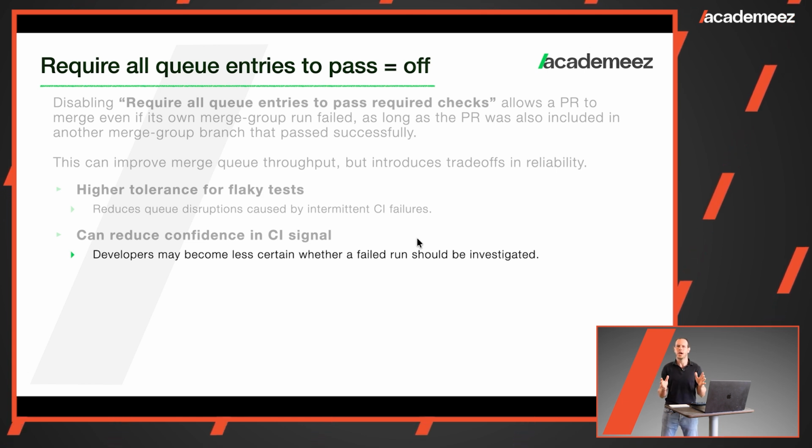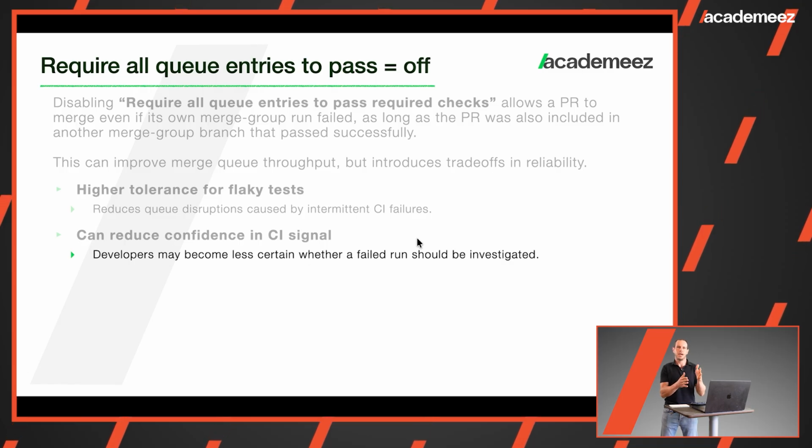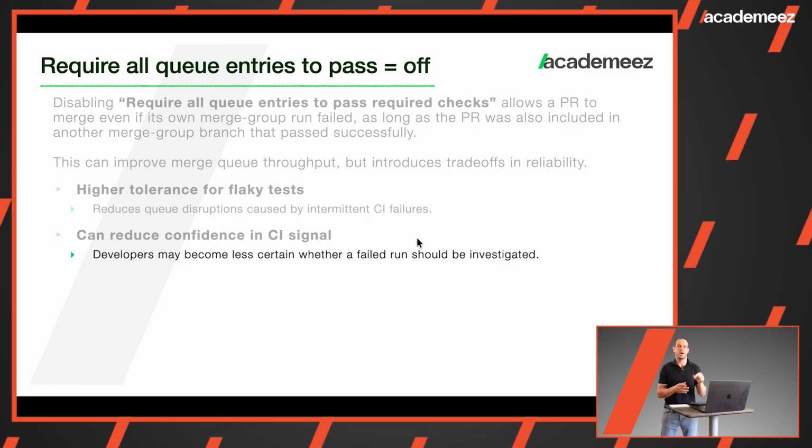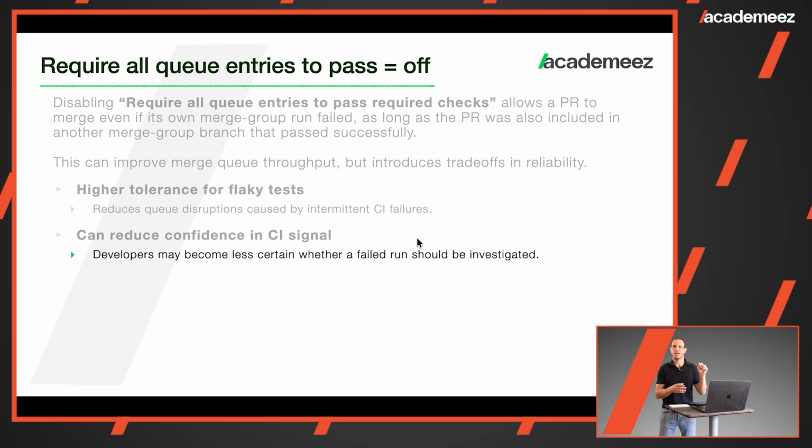And I've seen it all the time. So developers will not dig. If they have a certain percentage of flaky tests, they will not dig into the test. They're going to automatically assume that it failed because the test is flaky. And they might run those end-to-end checks again and again and again before they even check if the